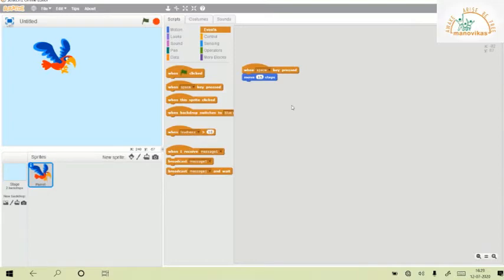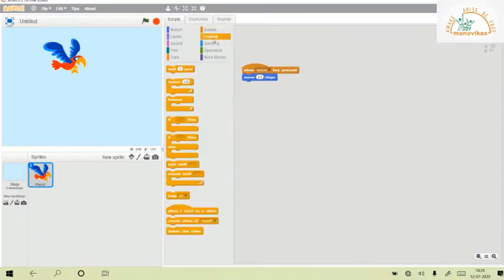Right now I'm pressing the space key and the sprite is moving. So this is how your hat blocks are used. Also, apart from events, in control we have one hat block here, which we will try later as we learn about these blocks.